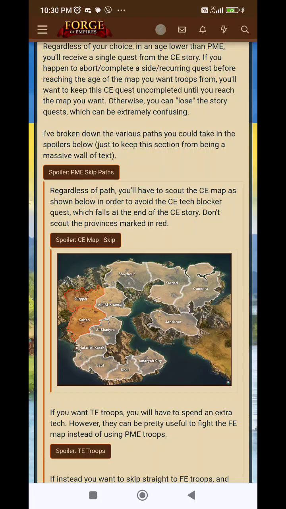Do not acquire Salfa and Suka. If you make the mistake of scouting them, okay, no problem. Just don't acquire the province. Okay? Because when you acquire that province, you trigger a tech blocker that requires you to age up to the CE era in order to trigger the maps. So by skipping these two provinces, the